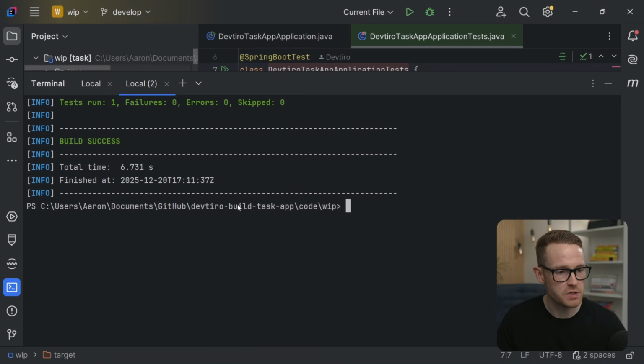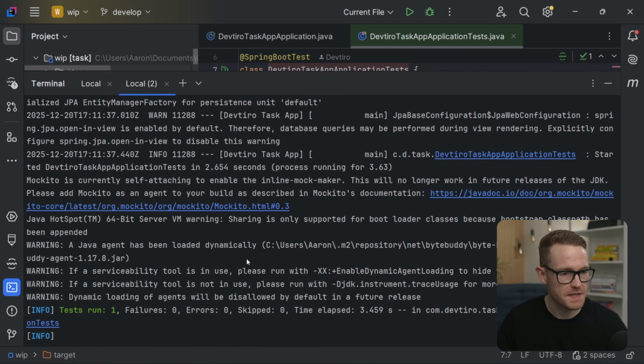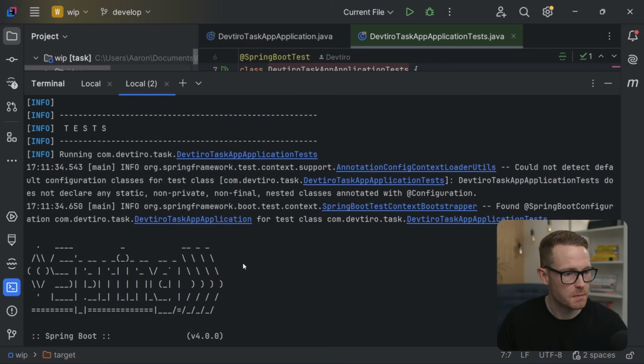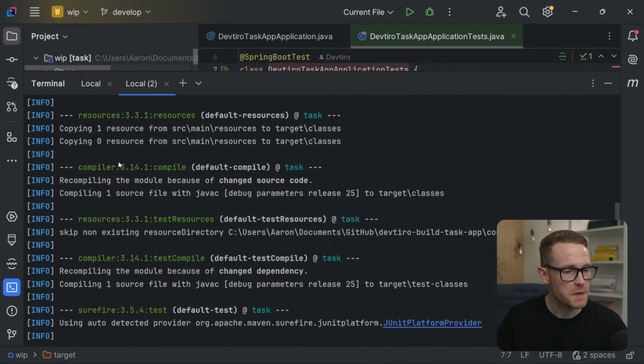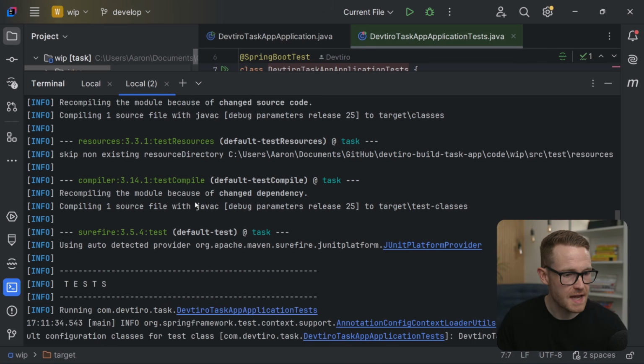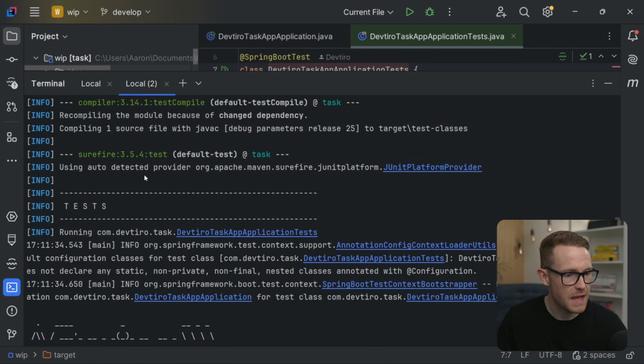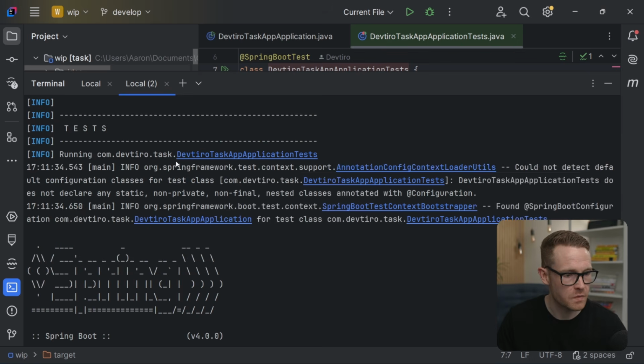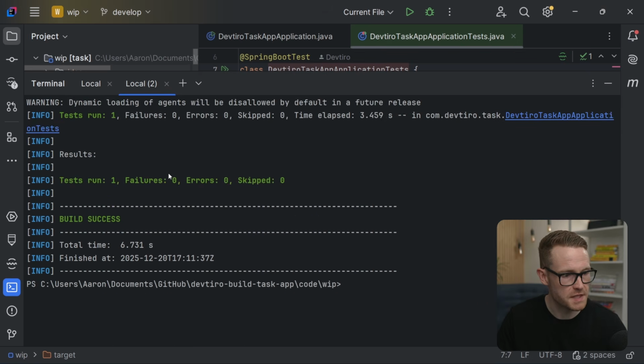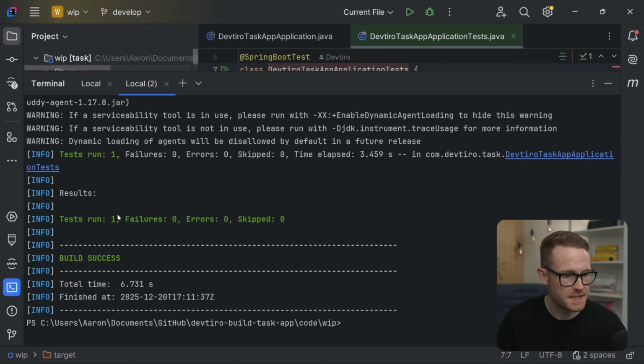Let's just pull this up a little bit and let's go through what's happened here. So there's some test output. Let's just keep on scrolling. There we go. So we can see the Maven compiler plugin has run there. And then we have the test being compiled. And there we have the test running. There's the test output. And then right at the bottom here, we have a build success and one test is